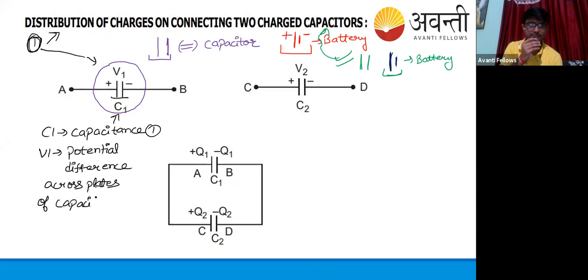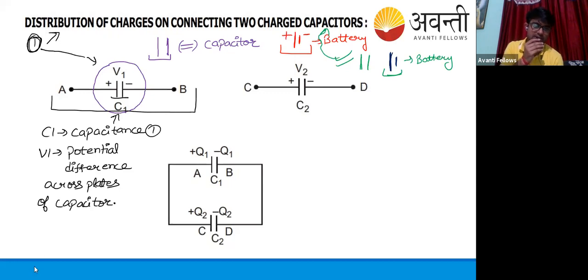Okay, no problem. Now, the wires are connected. These are the terminals of it. One plate is connected with this wire, having terminal A, and the other plate, which is the negative plate of the parallel plate capacitor, is connected with this wire B. So this is one capacitor with all the terms I've explained: C1 is the capacitance and V1 is the potential difference.